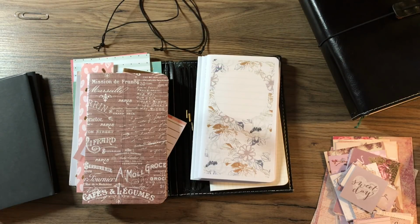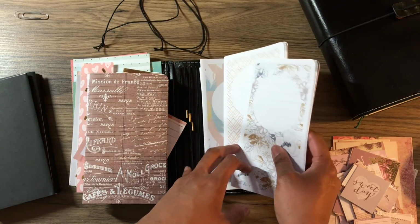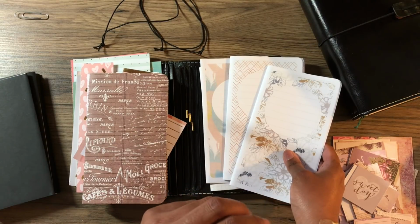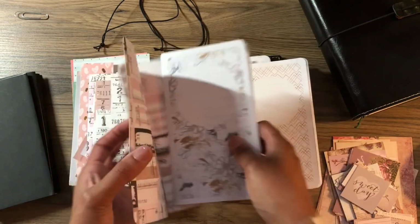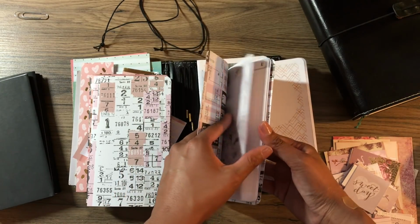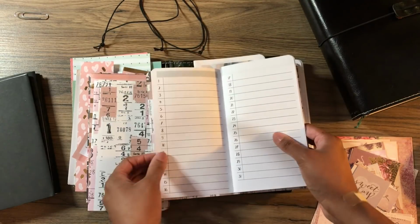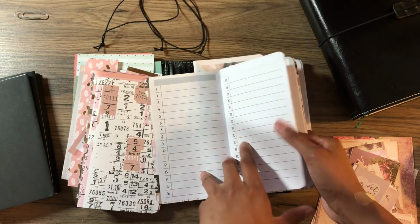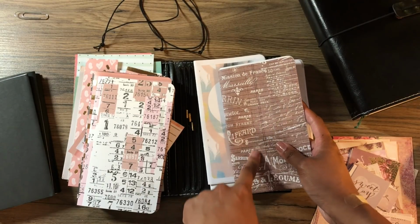But again, it was too many things to keep track of. And I don't do well in binders for everything. It does well for my war binder and my Bible study notebook, but for other things, I don't know. It's my brain on paper, y'all. So I've got that little insert over there. This is empty, but this is her, I don't remember what she calls it, but it's just a month. So you have 1 through 31, which can act kind of like an index. And then you have a day on a page. And I'm using this for